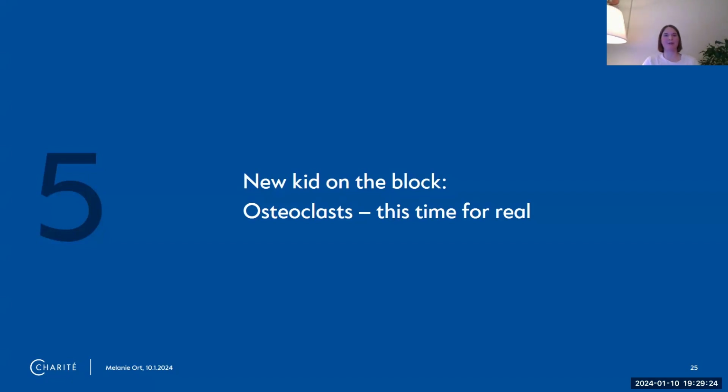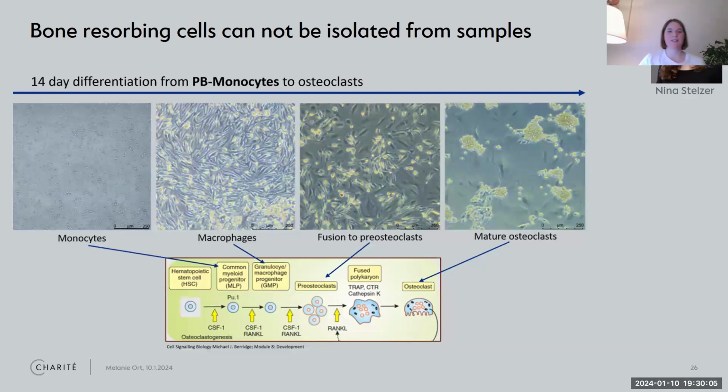Next, I told you that we have the osteoblasts and the mesenchymal stromal cells, and those are cells important for the bone. And I also told you that we can isolate them, or my colleagues isolate them, from primary tissue. The real problem is that osteoclasts, the ones that resorb bone, you cannot isolate from native tissue. So we actually had a really bright master student joining our group. Now she's a PhD student, or you shouldn't say student, she is a scientist in our group,